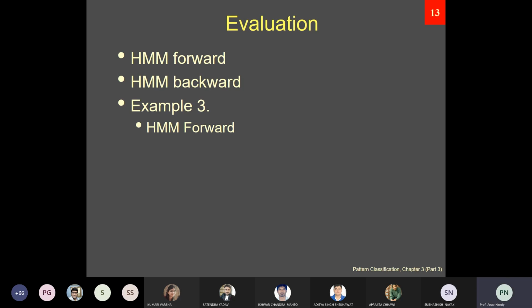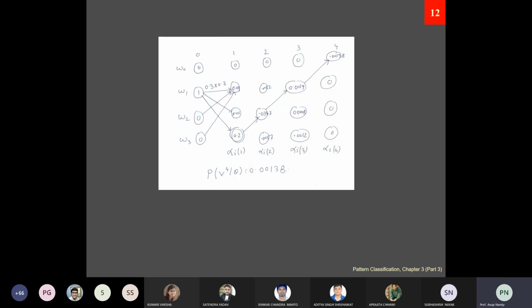So these are the things. There is a very interesting calculation that you have to do. It is a long calculation. So it is all about this forward algorithm. It is called the evaluation algorithm. Now, next class I'll discuss the Viterbi algorithm. Viterbi algorithm means finding the most likely probability of a sequence of these visible states.